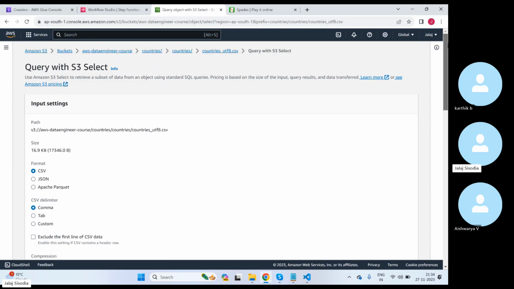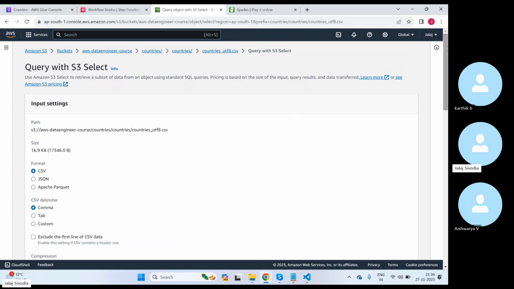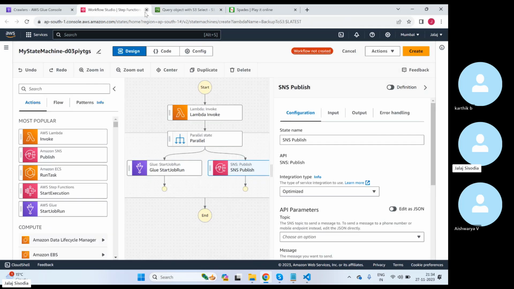Now, if I want to create a table from this, if I want to write some proper SQL queries, because with select we can only write this single SQL query, we can only remove the limits. Otherwise, we cannot do anything. Like we cannot do any group by operations. Whatever we try to do with SQL, like joining, filtering, where clauses, aggregations, anything, we cannot do here. Okay. So what crawler helps you to do is, if I come back to the main topic,